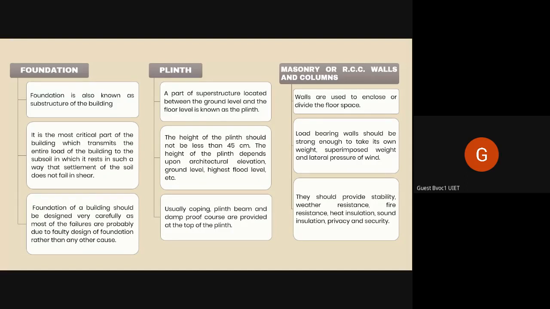Because most of the failures are due to faulty design of foundation, it means if there is a fault in the foundation, if the foundation cracks, or maybe there is dampness, if they haven't provided a damp proofing course, if the dampness gets in there, if it crumbles, if it cracks, if it settles. For example, when you walk on sand, your feet will somewhat sink inside the sand because the sand is quite brittle, and when it takes your weight, it settles a little.